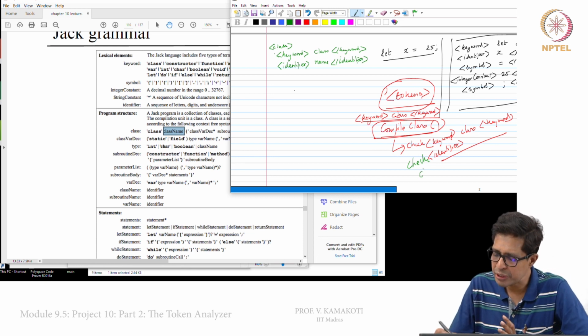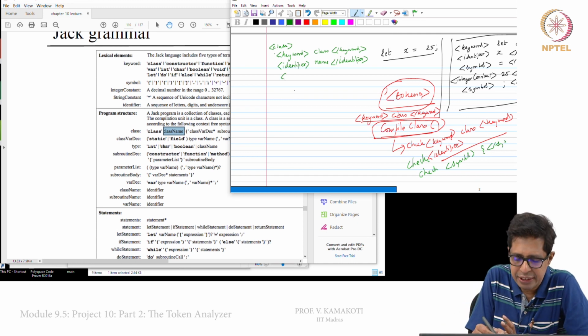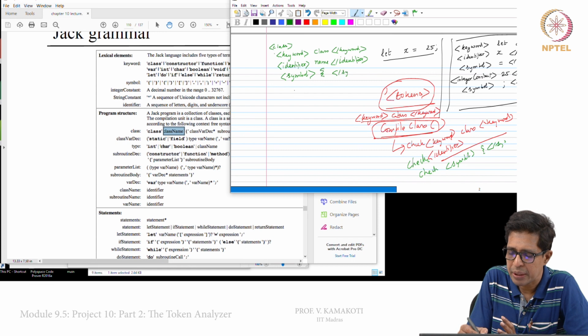After that, you have to check for a symbol of this form, slash symbol. You write that symbol also here, symbol slash symbol.